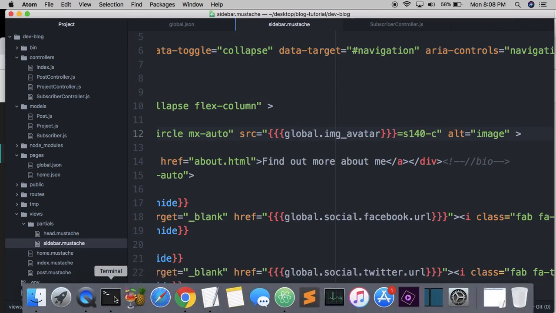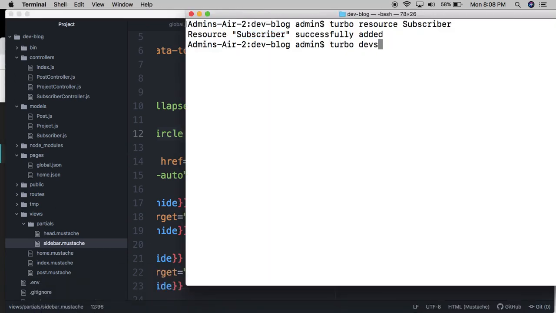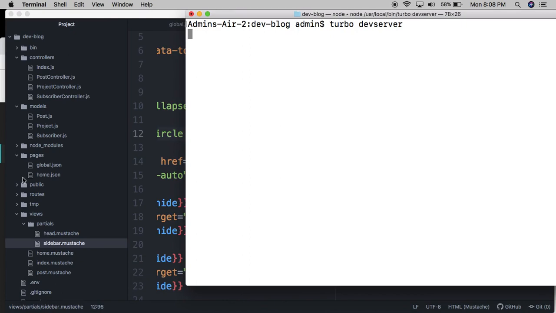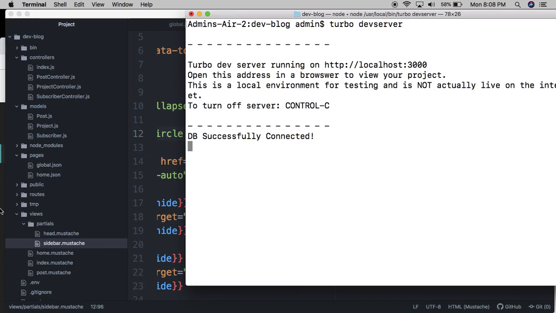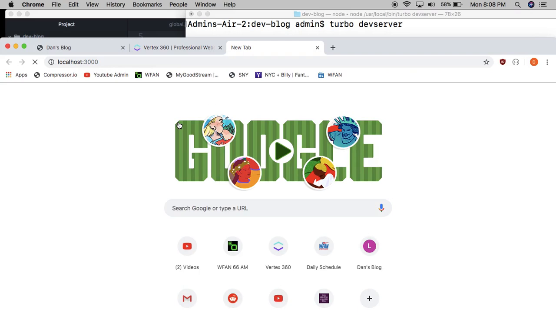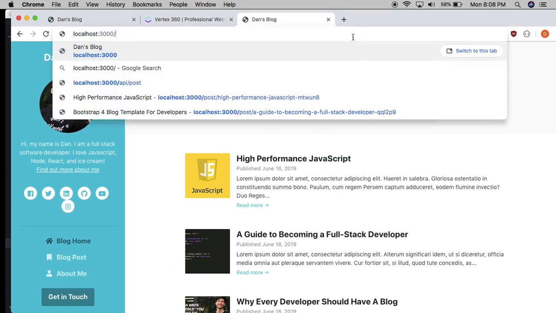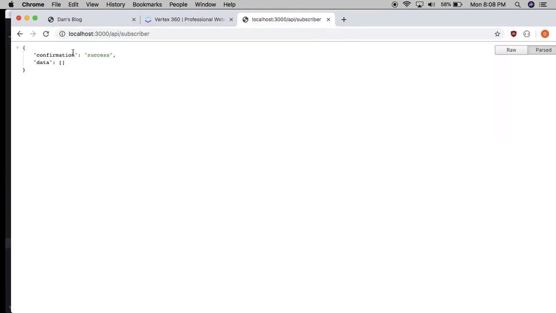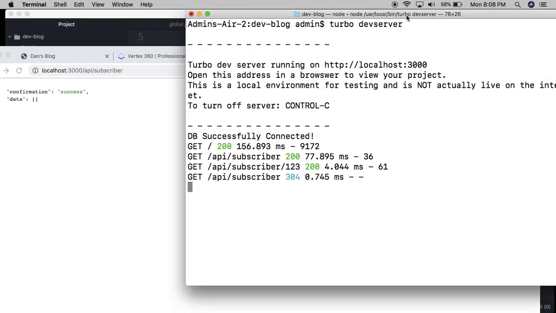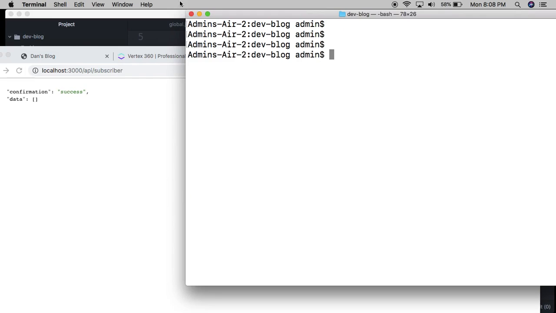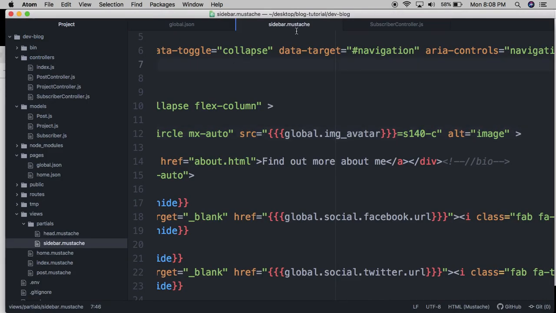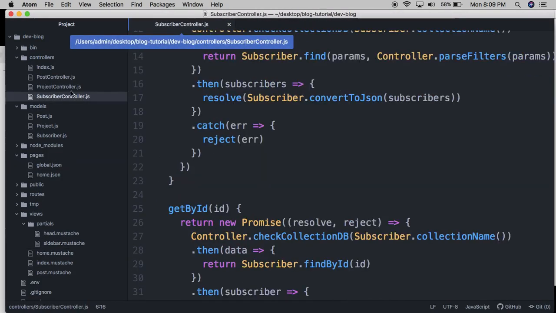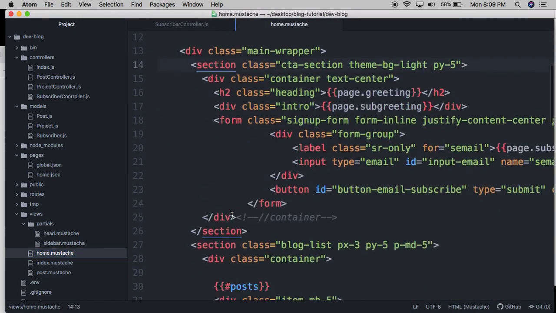So if I go to my server and run localhost, I can do API subscriber, and it'll give me a valid response because the API and the resource and the controller were all successfully connected. So that was successful. So now we can go back to our home mustache,